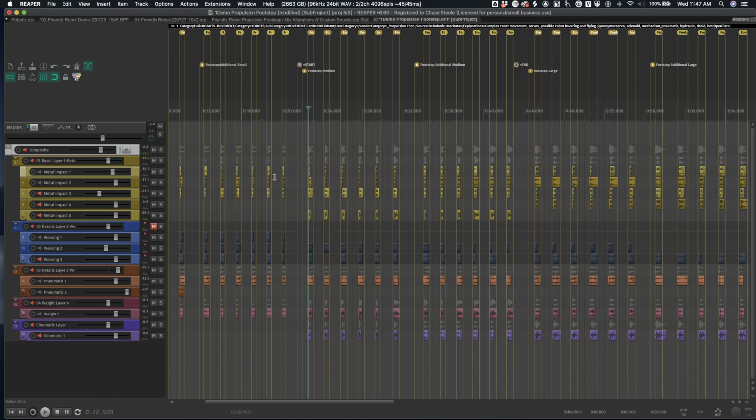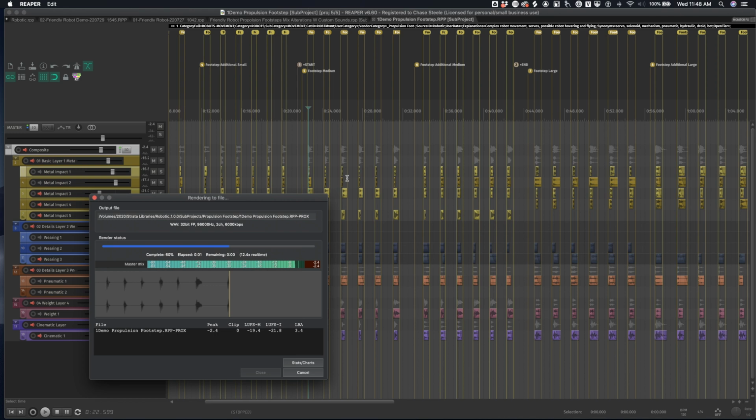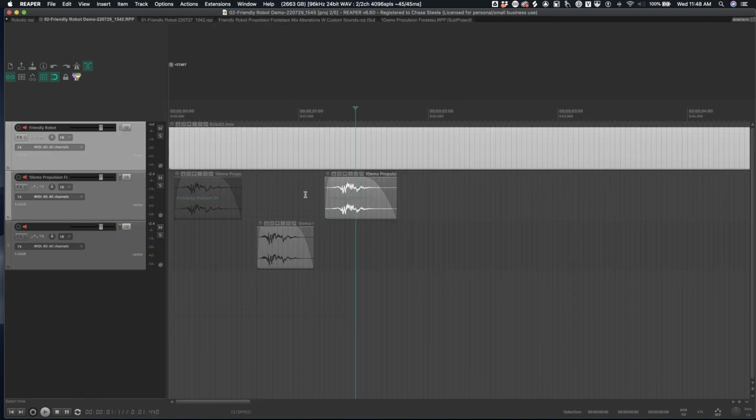Okay, so now I'm going to go ahead and say that I like this particular version of the footsteps, the way that it's kind of sounding and coming together, at least to start with. So I'll save it, and then I'll go ahead and re-render the start and end markers, the project preview. And as soon as I come back over here, we should notice that these are already updated.